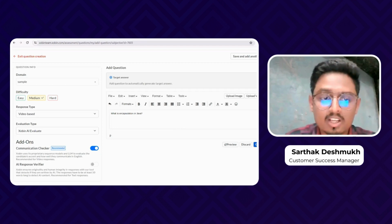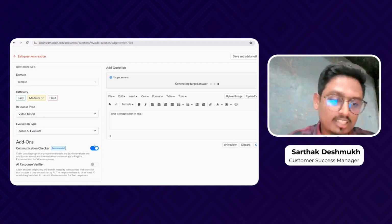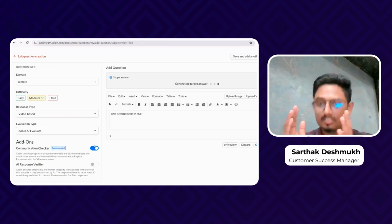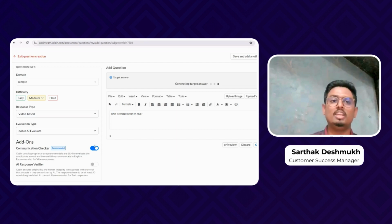Apart from that, we are also ensuring the candidate has not copied the answer from ChatGPT or any other external source. So we have something called the AI response verifier, which ensures the originality and human integrity of the answer given. We detect if the answer given by the candidate is human written or just copied from some other source. So this is one of the major uses of AI that we have done for evaluating the candidate, their skill-wise performance and their communication. And the video question, of course, helps you understand how good somebody is at speaking, how somebody can express themselves, and to make a better hiring decision. So these are the major updates